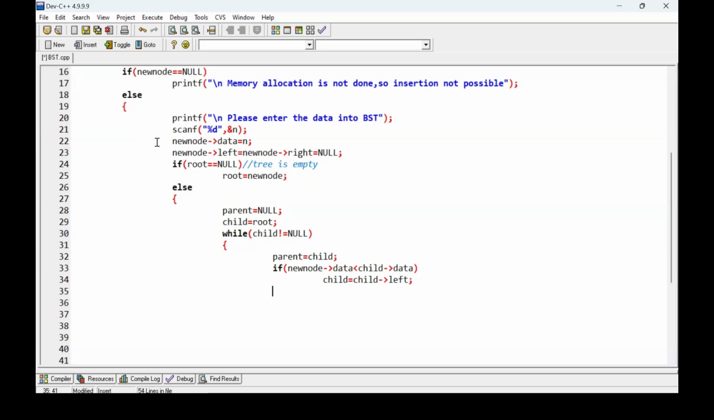Else means it is greater than. Then else means what happened? The new node data is greater than the child node data. If it is greater, we have to move to the right child. So child equal to child right. Up to how much? Still we have not reached child equal to null. Whenever we reach child equal to null, this is the location where we have to